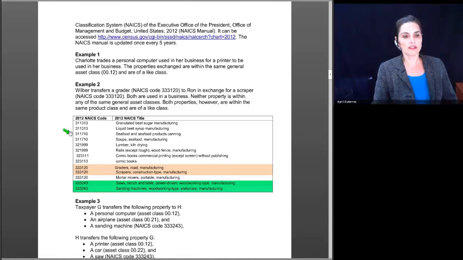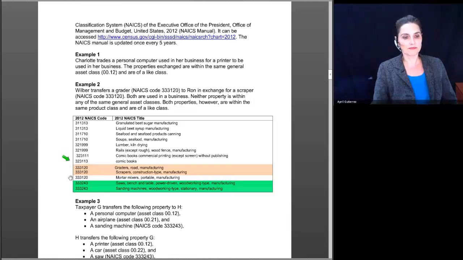And then we have one here that is 311710, seafood and seafood products canning, and soup, seafood, and manufacturing. They're all under the same code, and there's many other items under that same code as well. Lumber, kiln drying, and rails, except rough wood fencing manufacturing, are in the same class as well. And then we have comic books, commercial printing, except screen without publishing, are in a different class than the comic